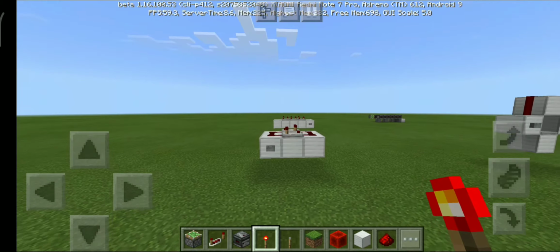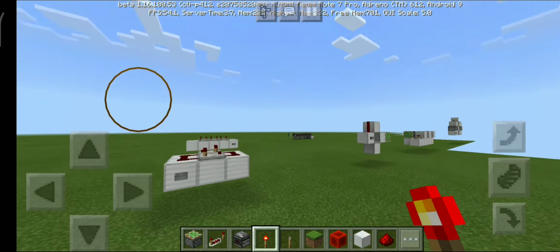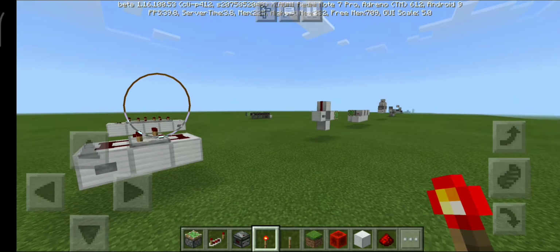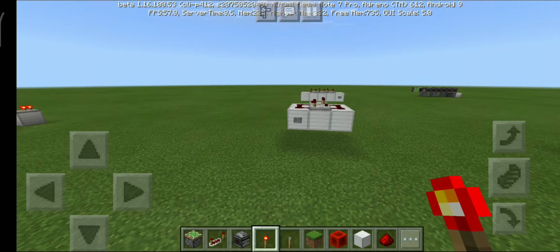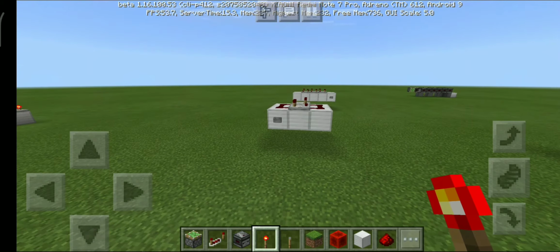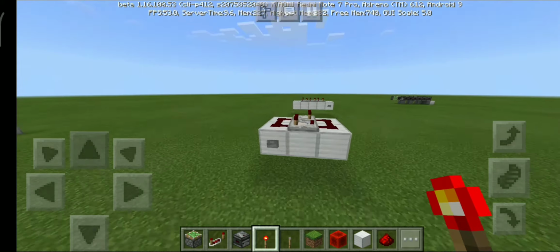Today's redstone build is pulse extenders. Today I will show you how many types of pulse extenders there are, how they work, and how you can make all of them. So let's start with the first design. I don't want to make my videos too long, so that's why I speak so fast. The first is